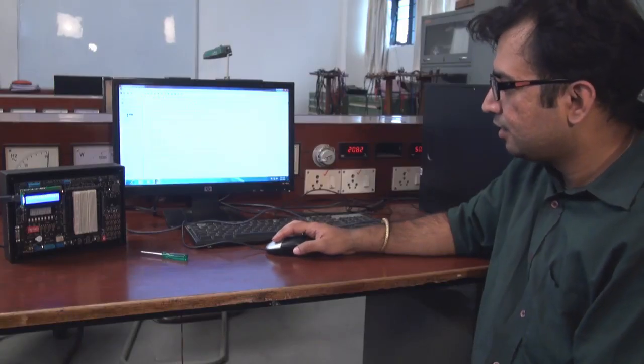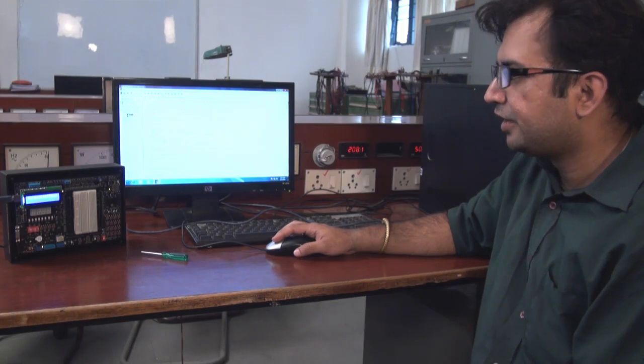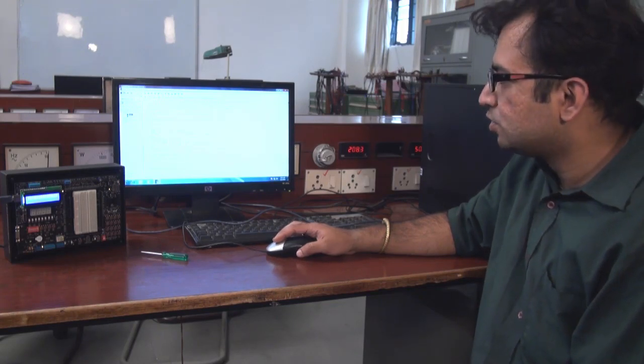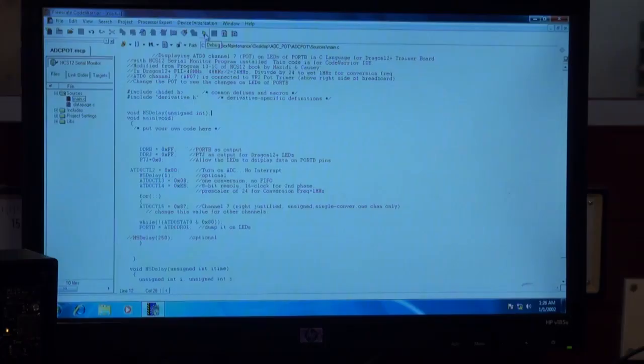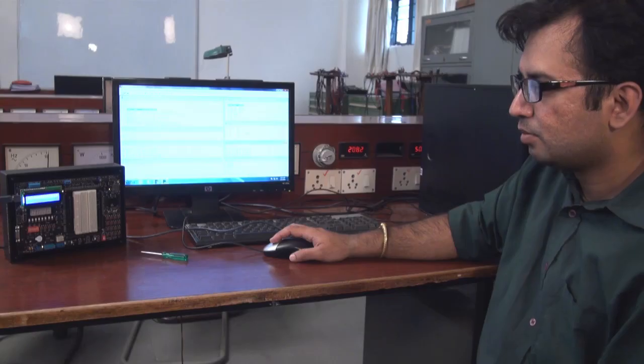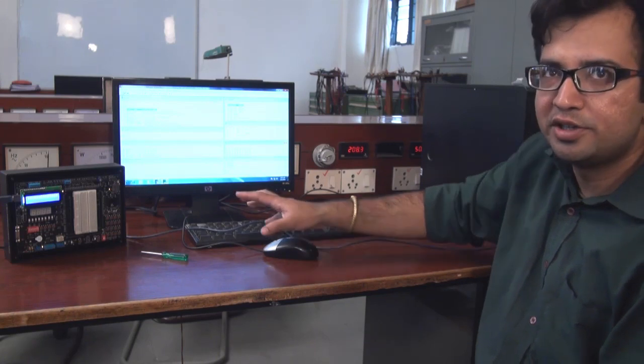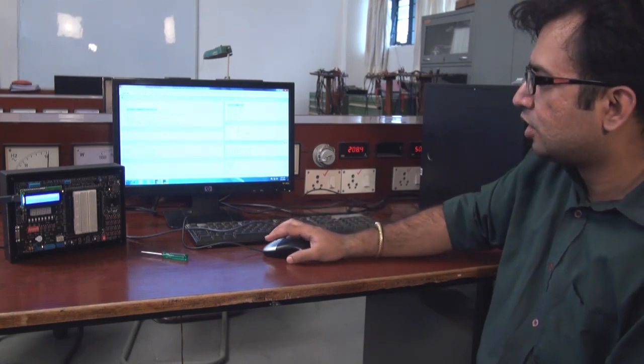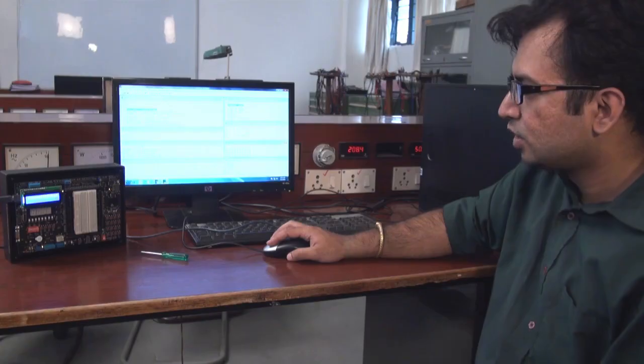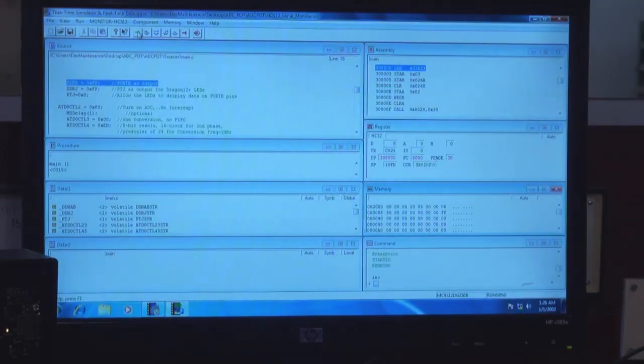After making and compiling the entire code, we choose the HCS12 serial monitor. After this, I start my program, because it is a kind of simulation. So we start the program here. After starting, our program is activated on the board.